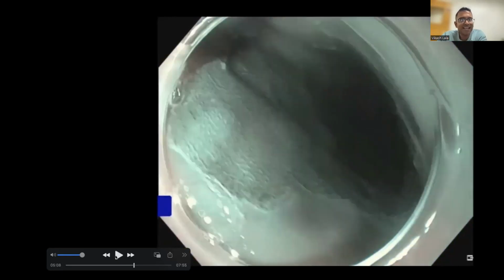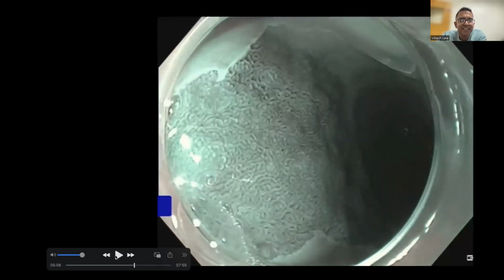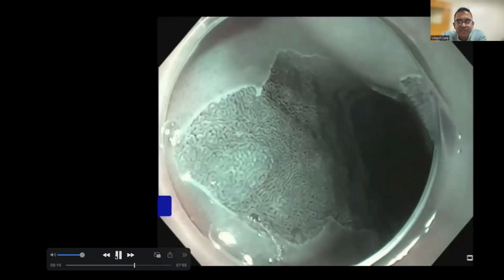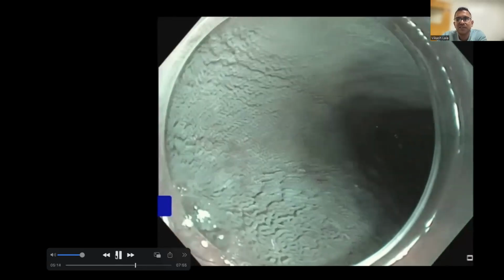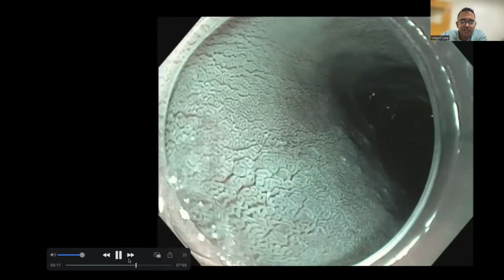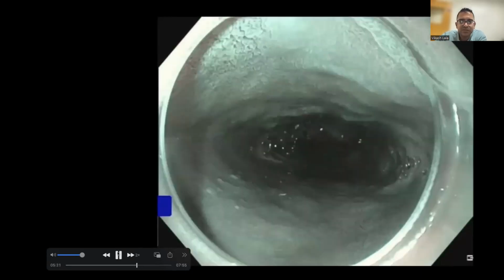And this is something that I love doing. It's not so much in the guidelines, but I think there's really good value in combining acetic acid with NBI. And look at the images that you get when you're doing that. You beautifully see mucosal patterns and vascular patterns. So I'm going to skip a little bit forward here for the interest of time. So I'm just fast forwarding there.